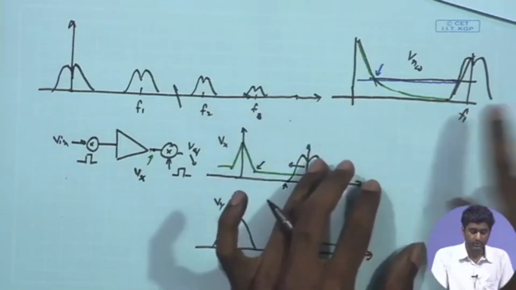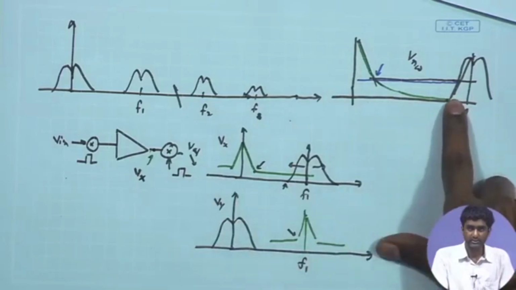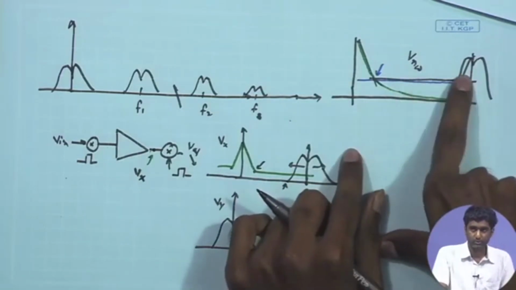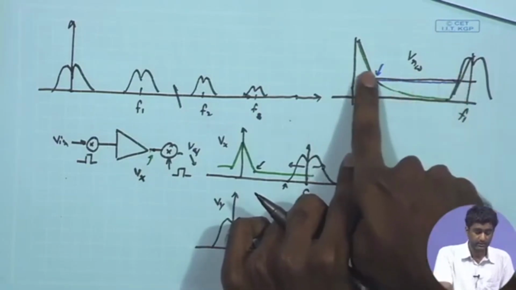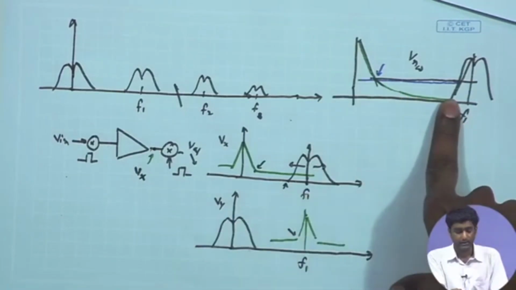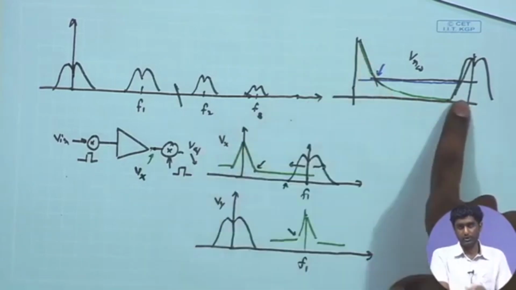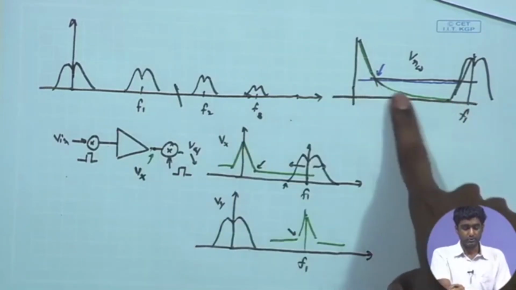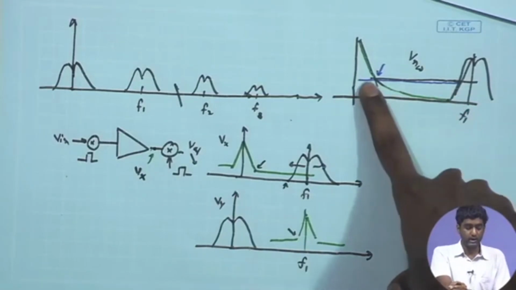So, if you want to be more aggressive and save as much signal integrity as possible, you would like to push this chopper frequency as high as possible, so that this trailing part of the 1 upon f noise is also not having significant effect. So, analytically it can be shown that the overall contribution of the 1 upon f noise is significantly lowered if the f1 is an order of magnitude higher than